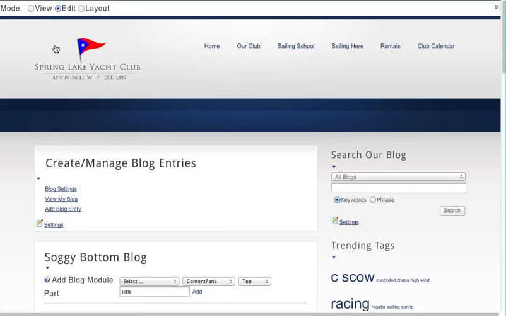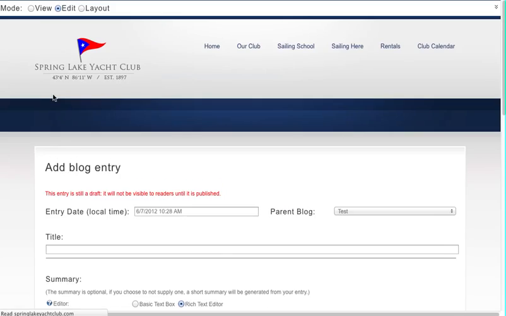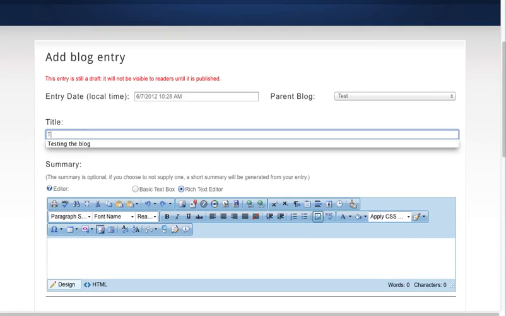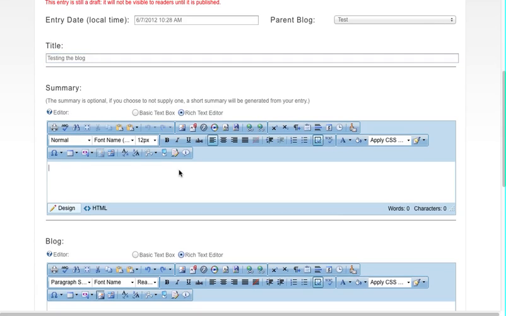Make sure you're in edit mode. You'll want to go to add blog entry. Click on that. Enter the title of your entry. Testing the blog. For a summary, this is kind of a one-paragraph summary of your blog entry that gets shown